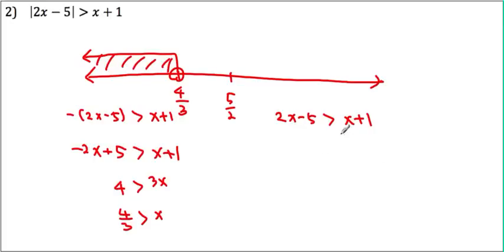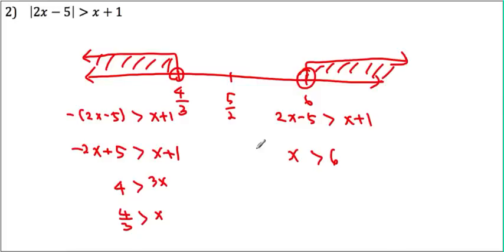How about on the right side? By subtracting x, we're going to have x. By adding 5, we're going to have 6. So x has to be greater than 6. And you know what? All these values are part of the interval that we are looking at. Obviously, if you plug in 6, it's not going to work. So this will also be an open circle. And that's how we can do the